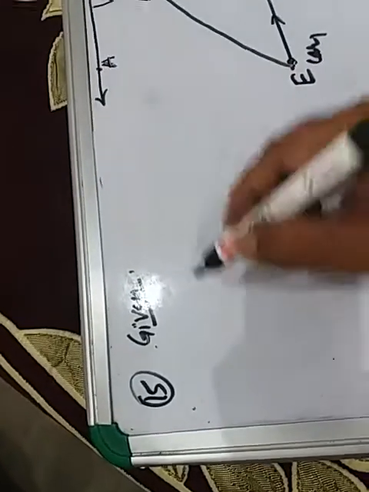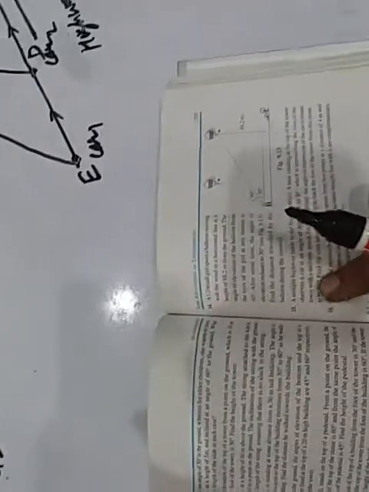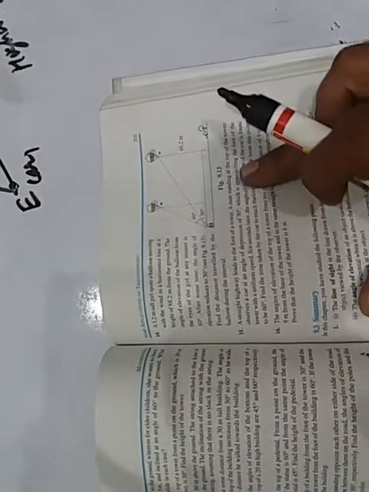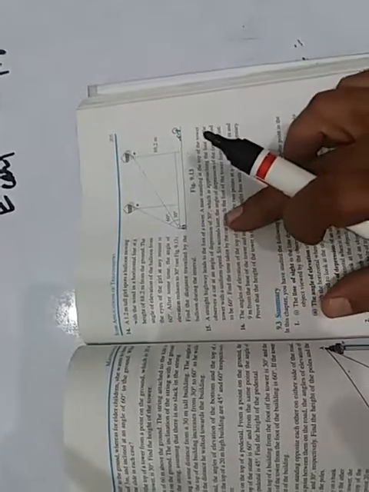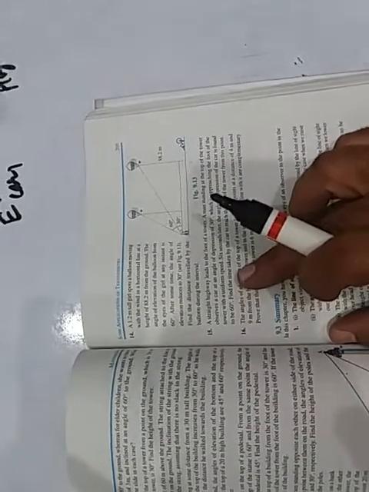What is given, children? Let AB be the height of the tower. See what is given over here. A straight highway leads to the foot of the tower. A man standing at the top of the tower observes a car at an angle of depression of 30 degree, which is approaching the foot of the tower with a uniform speed. 6 seconds later, the angle of depression of the car is found to be 60 degree. Find the time taken by the car to reach the foot of the tower from this point. Okay, children.